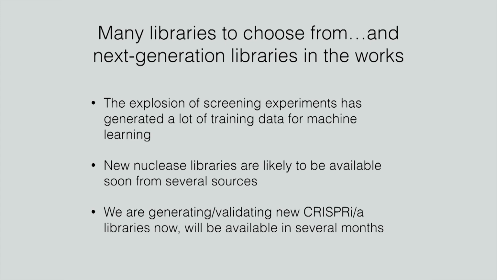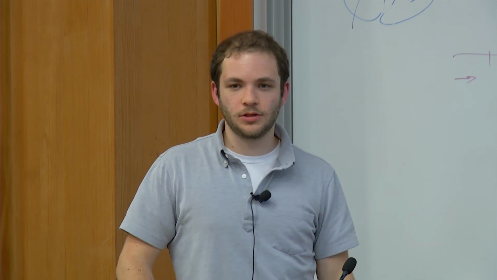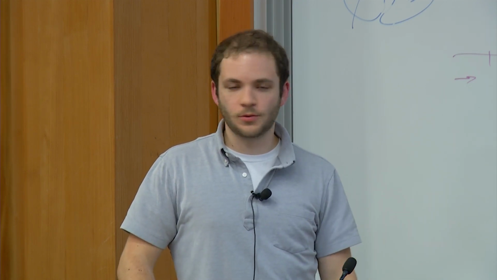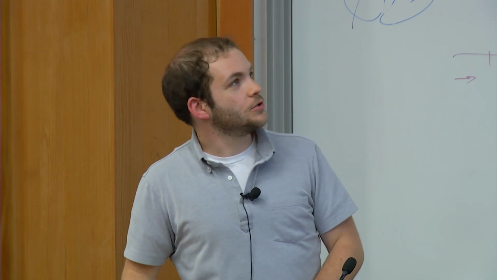interested in that too. So there's always room for improvement at this point. But the technologies are starting to get to a pretty, I don't know if mature is the right word, but robust, easy to use setup. So how about what else we can do with these screens? What other ways can we make them more informative than simply a list of what's killing a cell, what's causing resistance to a drug,